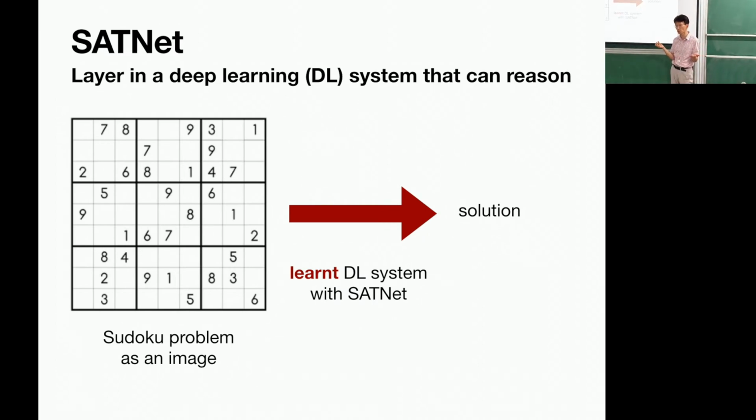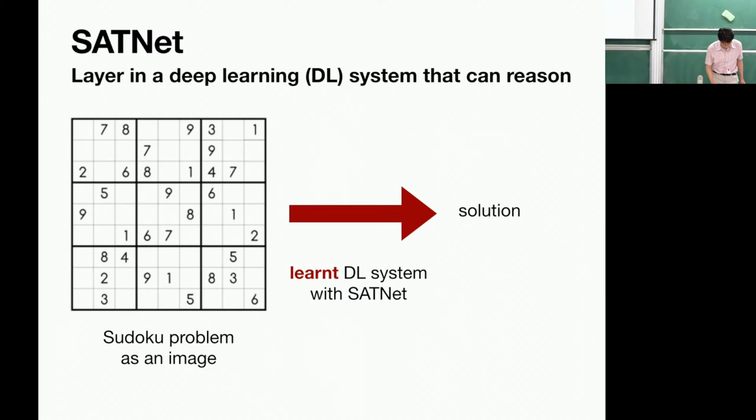Solution may be a symbolic representation, and then I give a bunch of them. Ideally, a deep learning system with the SATNet should be able to figure out how to recognize the image. At the same time, it also should figure out what the rules of the Sudokus are, so that later when I give an image, it can convert that image into this board